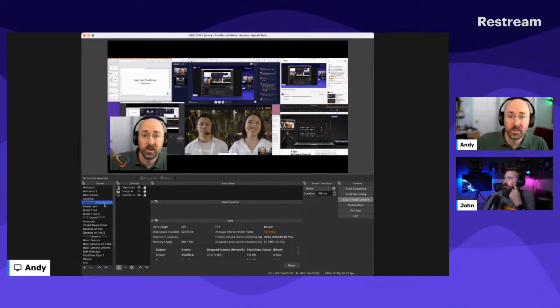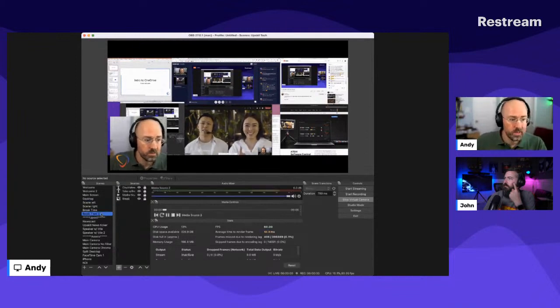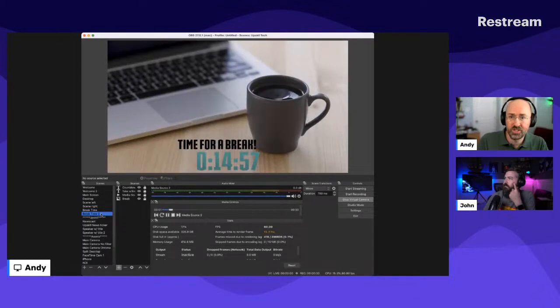But you can do all kinds of fun stuff. For example, I have this break time here. That's just an animated GIF, a little coffee cup spinning. On top of that, I added some text. There's a text input, and then a secondary text input, and that's a countdown timer. That's a free plugin called Countdown Lua. There's a whole bunch of developers out there who create this stuff for free and throw it out there, so you can use that on top of this.